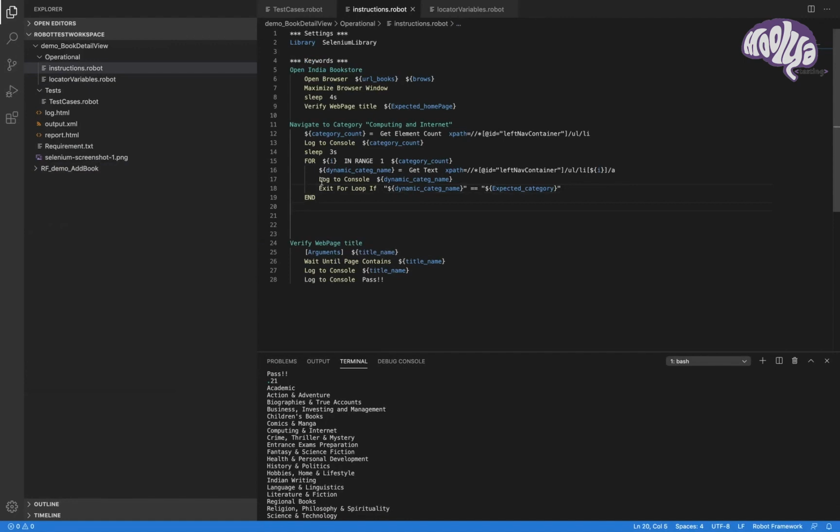So this is a dynamic value. Now I need to store it in a variable where I can use it further. So let's use another variable. Say it as set test variable. When I say test variable,